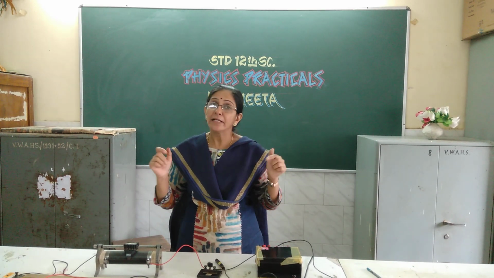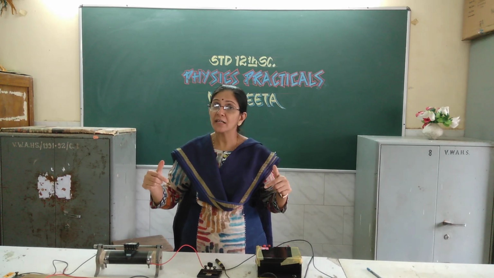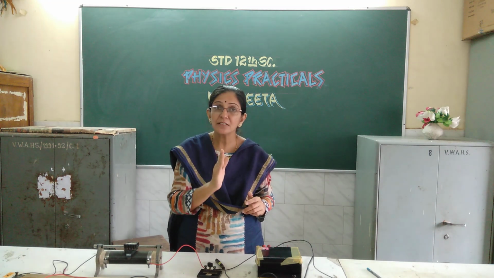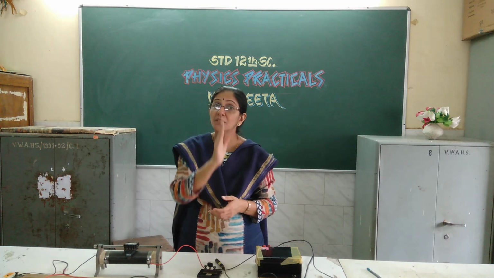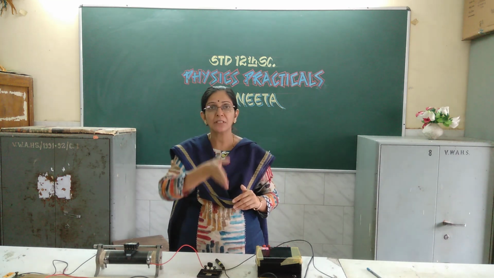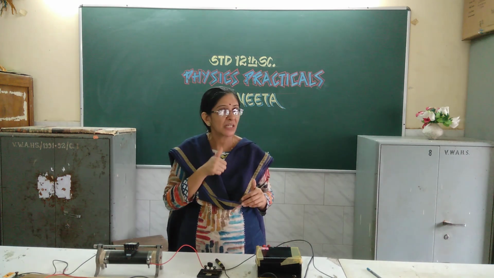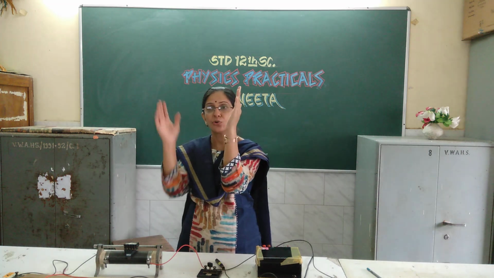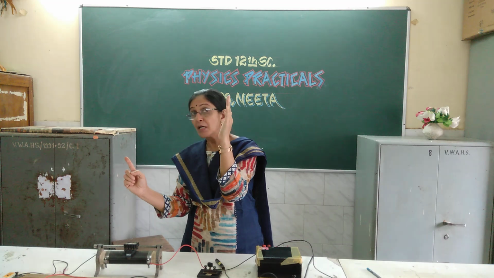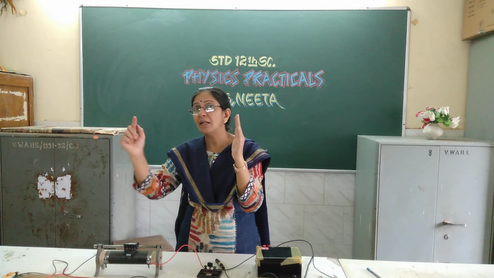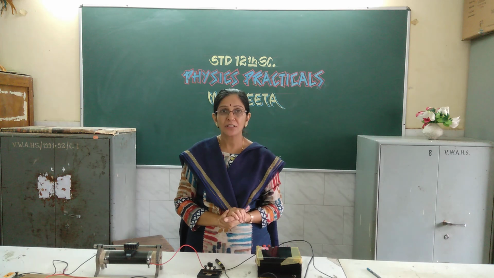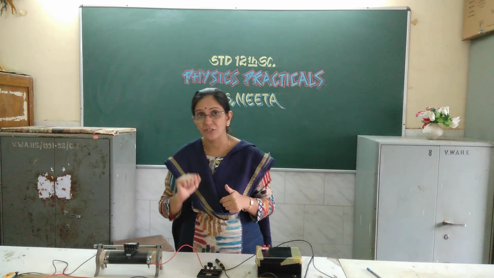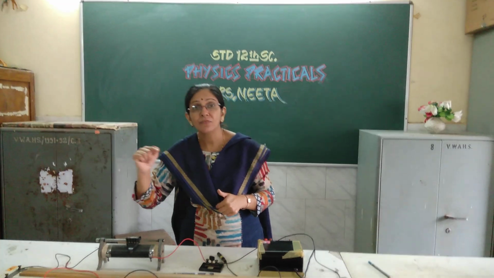Okay, so tell me, in the full scale deflection method, since we are getting the deflection from 30 divisions to 30 divisions, the null point we consider at zero deflection. At zero, that means the middle one. From 30 to 30 divisions, that means at the zero deflection, that is the null point for the full scale deflection. But in the case of the half scale deflection, since we are getting the deflection from 0 to 30, that means only the half scale. So where will be the null point? Obviously at the middle, that means at the 15 divisions. Okay, got the point? So in this way, here the zero will be at the 15 divisions. The null point will be at the 15 divisions.